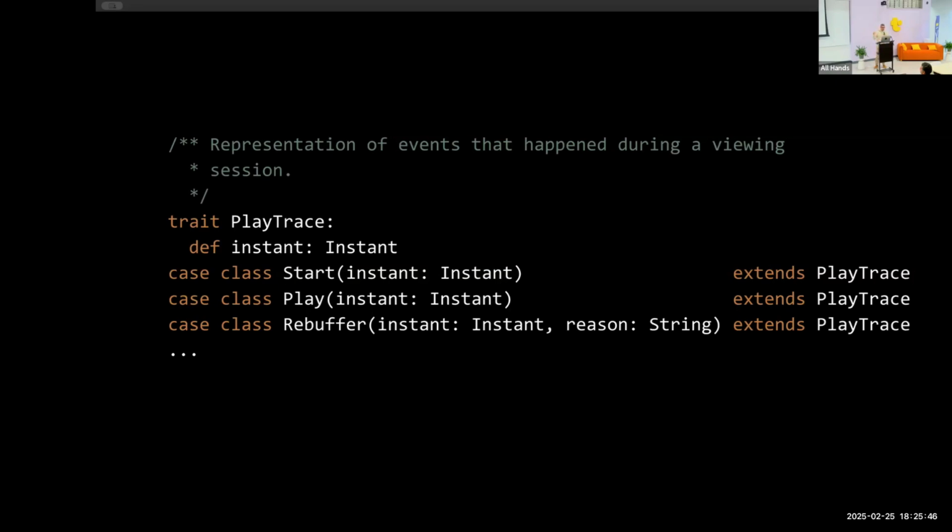You have a start, you have a play, you have a rebuffer. There's a lot of fields in them. I just removed everything. But when you have a rebuffer, for example, you have a reason. Why did it rebuffer? The player is actually able to know if it rebuffered because of a network issue or because the device is slow. There's many, like maybe the CDN was not available. So there's many reasons.